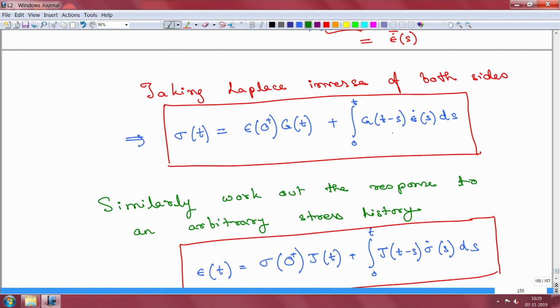We got expressions in the time domain. Now, see this, I am using a variable s here also, but this is just so that I am consistent with what I have done before. This s here represents a dummy variable for the integration. You can replace it with a tau, or any other variable you want, and the expression will still remain the same. So, this s here in the time domain should not be confused with the s of the Laplace function.